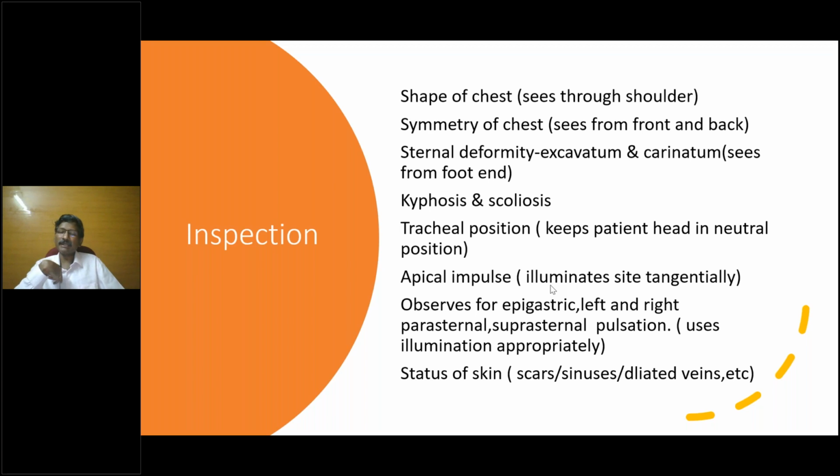So the inspection finding will be what I told in the apex. Other than that, you may have a pulsation in the right second space. You may have a pulsatile carotid. You may have all the other peripheral signs. So now we'll go back to the peripheral signs. What are the common peripheral signs? Have any of you seen any peripheral signs of AR in your 4th, 5th, 6th or 7th semester?